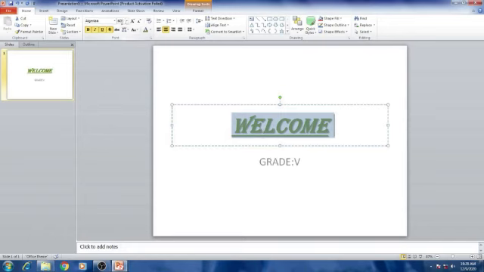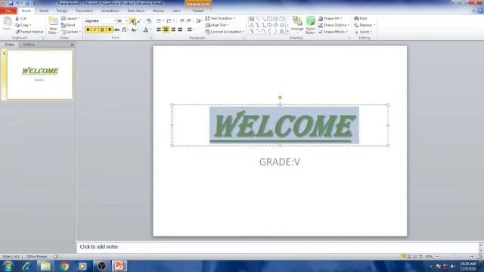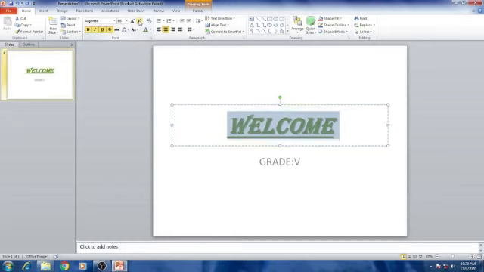We already discussed one option for font size to increase. Otherwise you can choose here also to increase the font size and decrease the font size. Two options are available. If you click this option, the size of this text will be increased. If you click this decrease font size option, this one will be decreased.